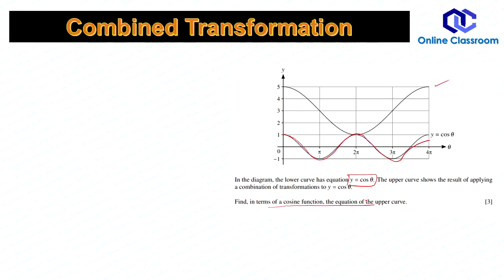There are two things very clearly. This shows horizontal stretch. You see, this gap is what? 1 pi, and this gap is 2 pi. Scale factor is twice. It means if you start with a cos, you should write half x. Reciprocal, one thing. Okay, you see here 1 is going to 5.